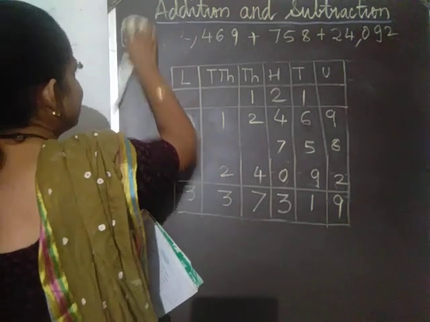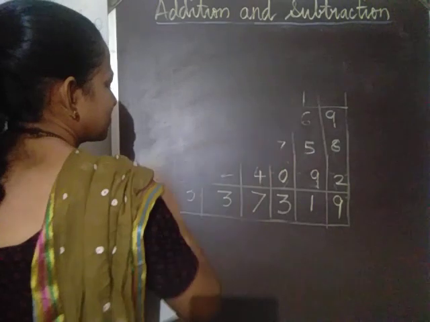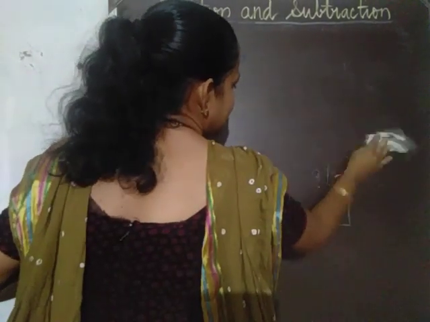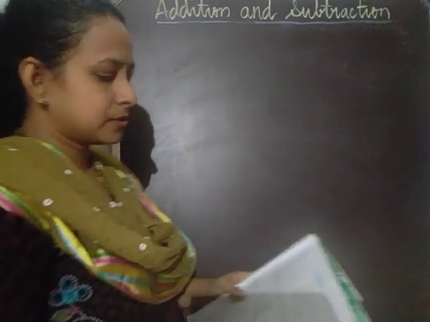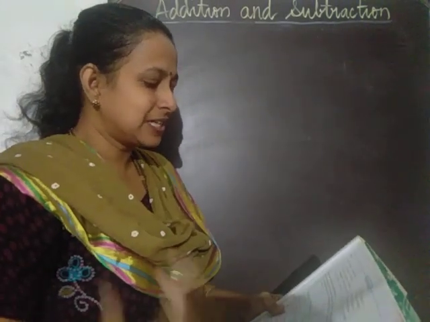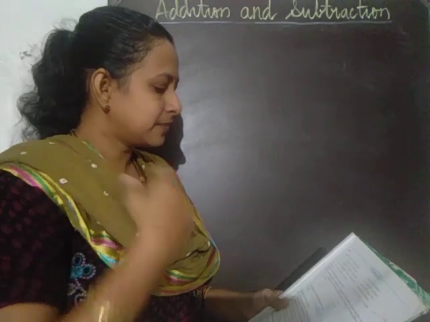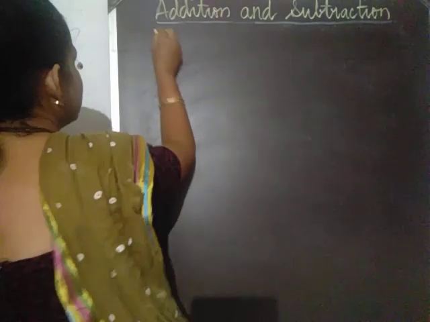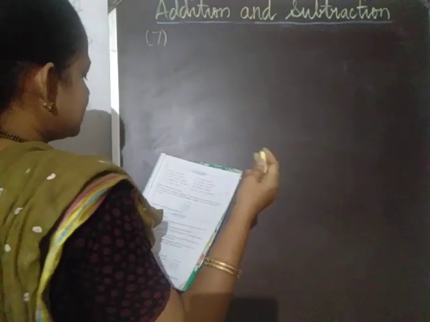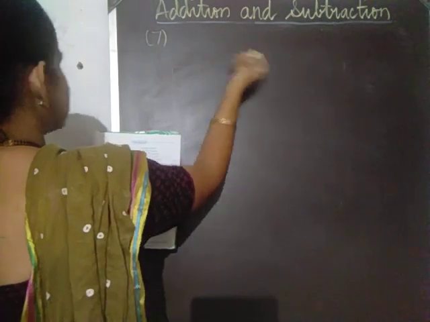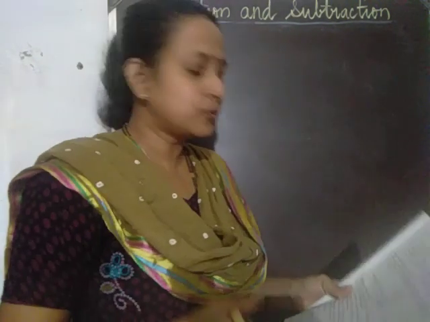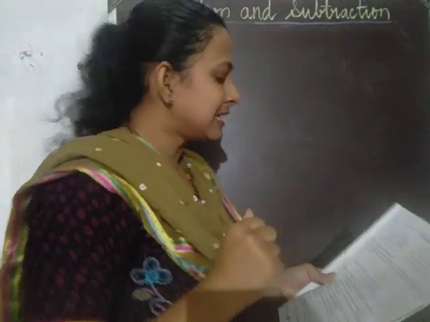Okay, let me take another example here. Example number 3. So I'll take one example from your exercise, that is problem set number 8. From there I will take one of the examples, with very big numbers. Question number 7. I will take the example of question number 7. That is, there are 3 numbers and the place value is up to 10 lakh. So we will try to add that.